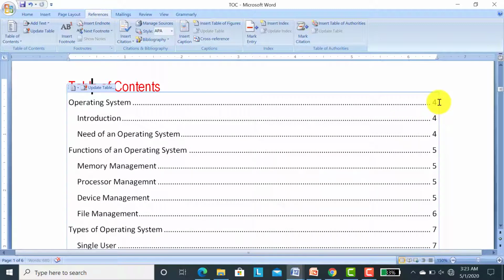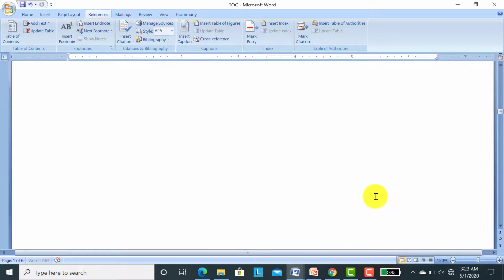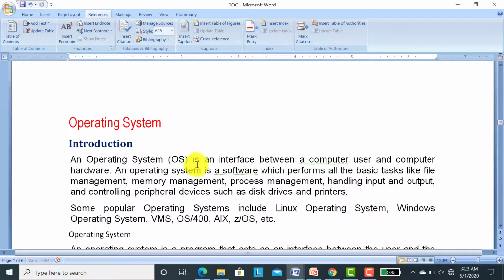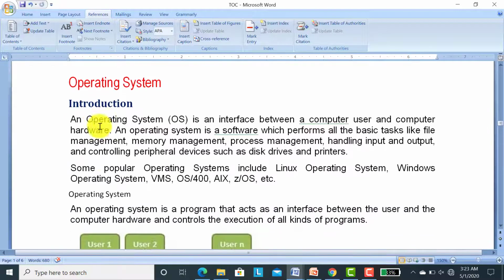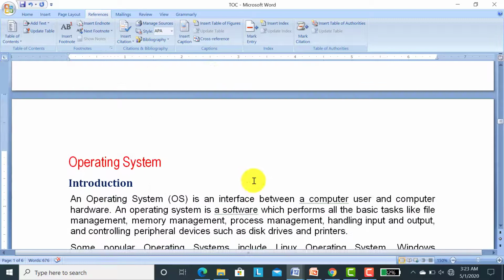Now you can see Operating System was before on page number 2. Now it shows page number 4, and automatically all the page numbers have been changed. If I change this heading, Need of an Operating System, to Conclusion, it should automatically change in the table of contents.